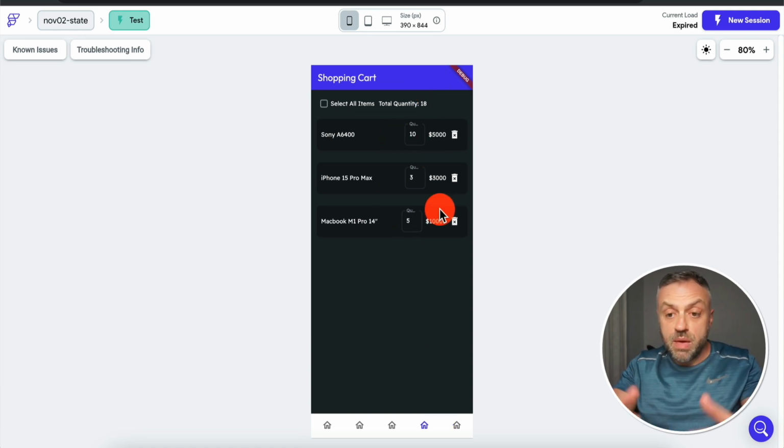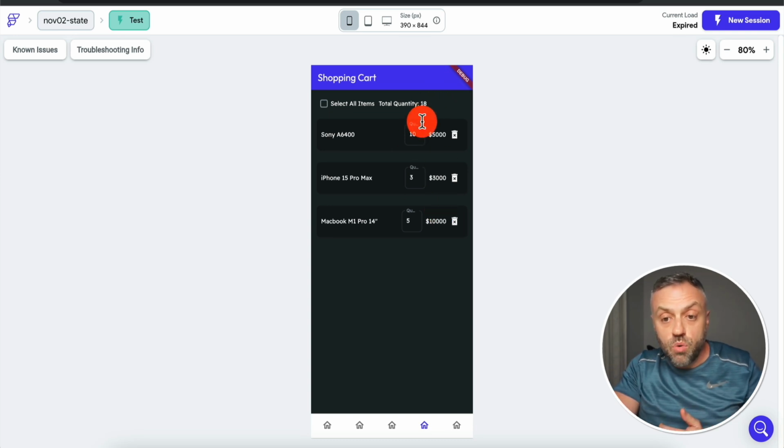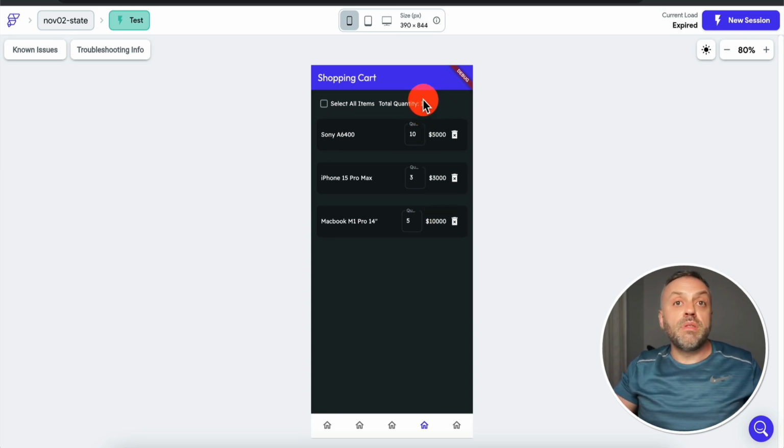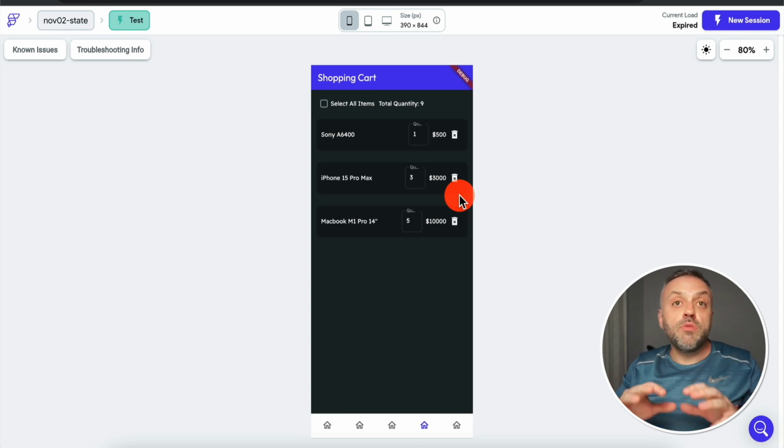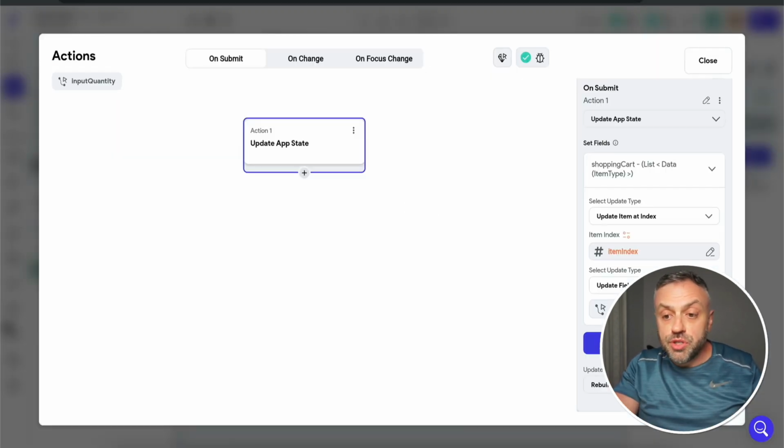Maybe they have a shopping cart with like 20 products and they just updated a couple of quantities. And now they have 30 different quantities of products. Maybe they don't want to do that, right? So maybe they're going to set it to 1. And now the price is 500. Now this is down from 18 to 9. Okay. So if you want this kind of behavior, you need to be working with app state, which is exactly